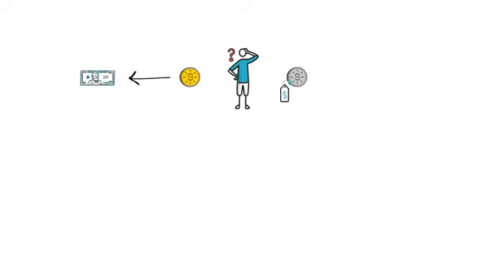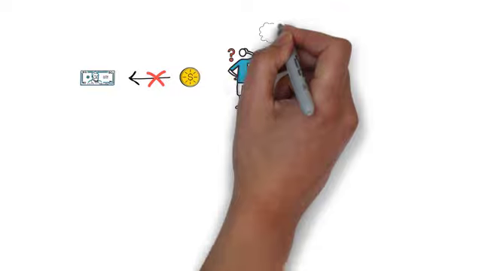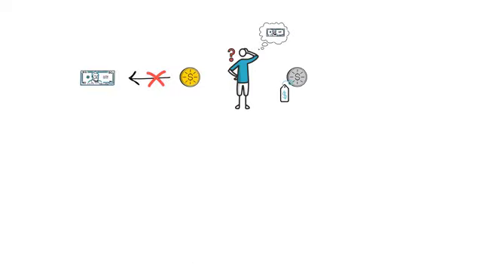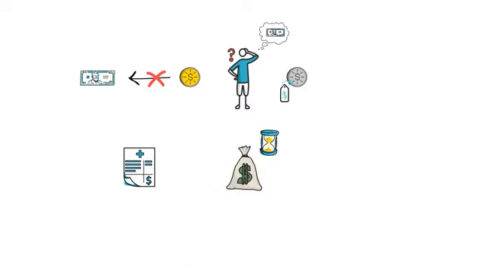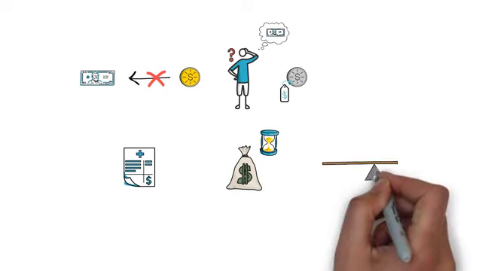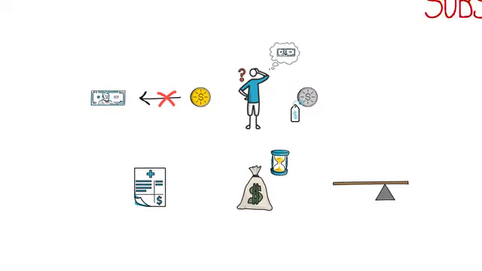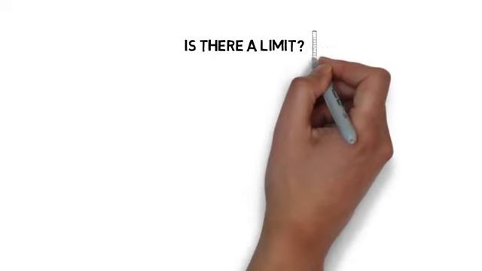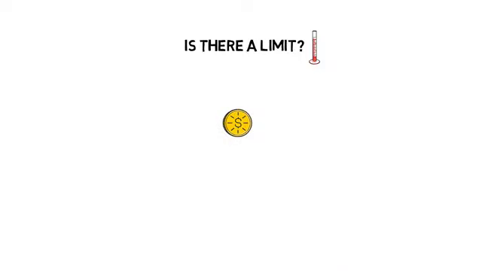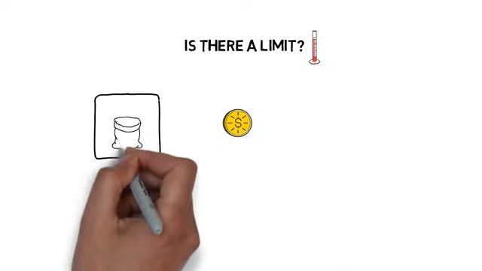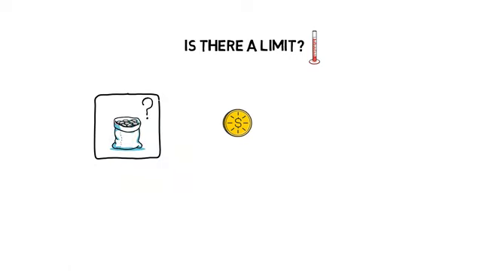There are quite a few reasons for this. Mainly, the users don't want to sell their tokens, but they need funds to cover unexpected expenses. Other reasons include avoiding or delaying paying capital gain taxes on their tokens, or using borrowed funds to increase their leverage in a certain position. So, is there a limit on how much can be borrowed? Yes, the amount that can be borrowed depends on two main factors. The first one, how much funds are available to be borrowed in a particular market.